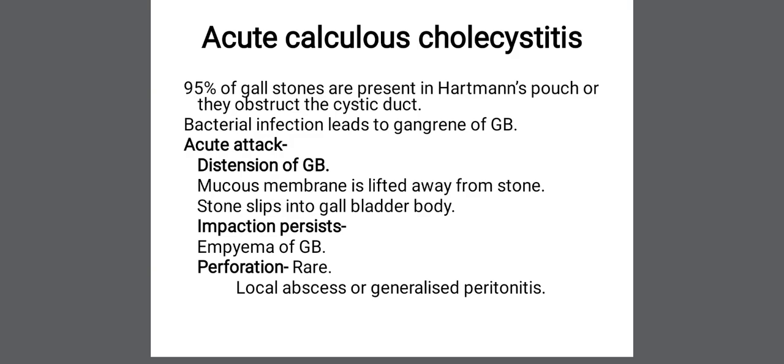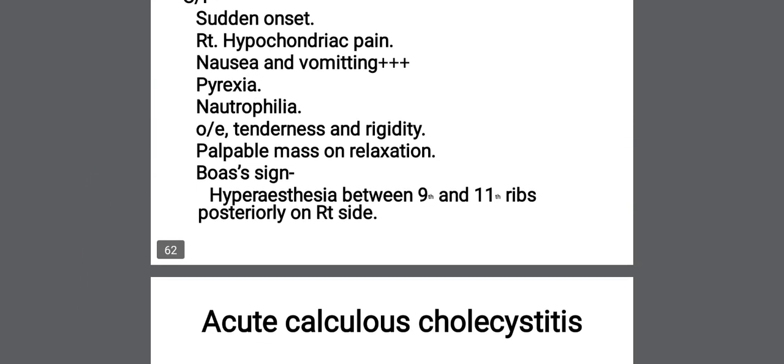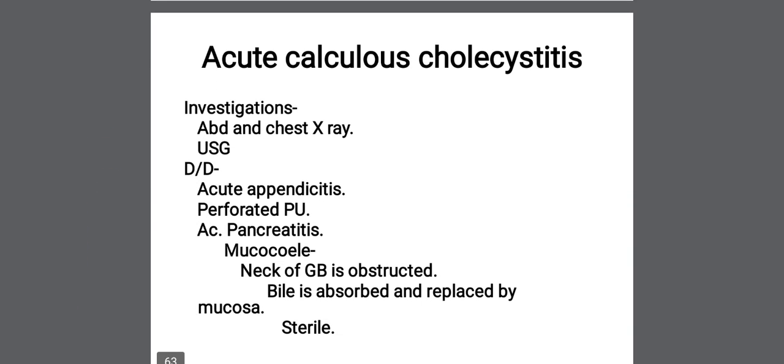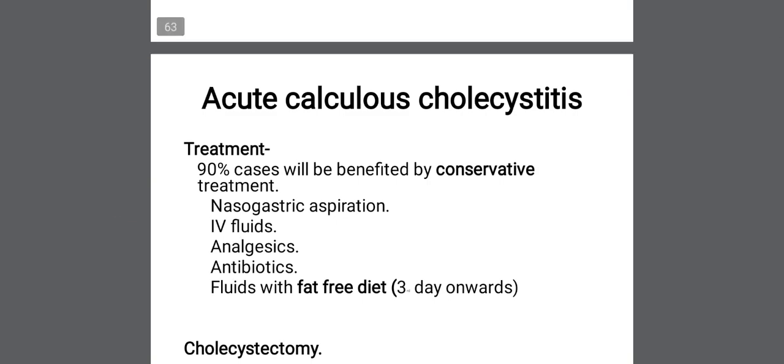For diagnosis, X-ray and USG are done. And you have to differentiate from other conditions like appendicitis, perforated peptic ulcer, acute pancreatitis, acute pyelonephritis, or right lower lobe pneumonia. And treatment includes conservative treatment, where 90%